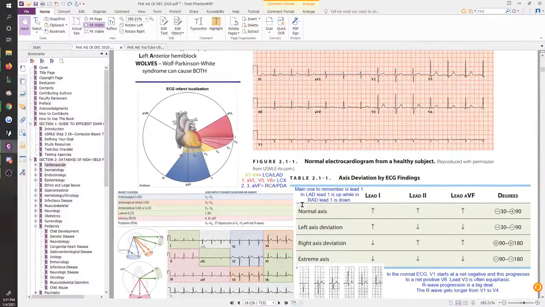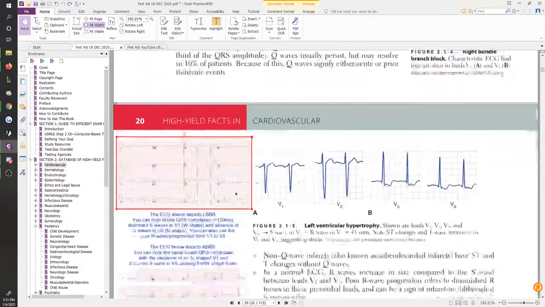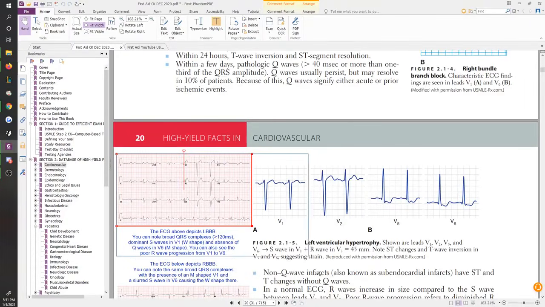Because if you look at where the leads are placed, V1 through V3 look at the right heart, right? So if a person has a left bundle branch block, their left heart is not working too well, then the right heart is going to overshoot. It's going to be, on an ECG at least, much stronger looking. And that further helps you confirm that this is probably left bundle branch block.